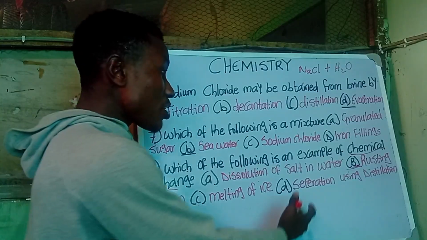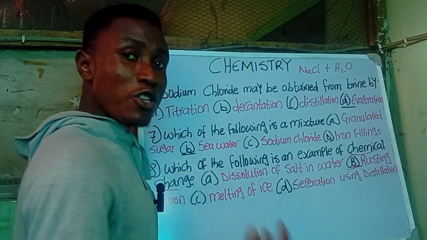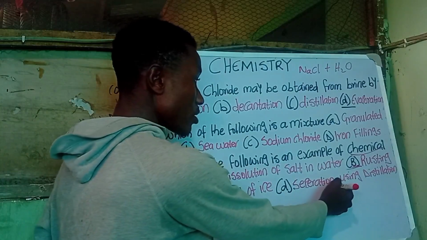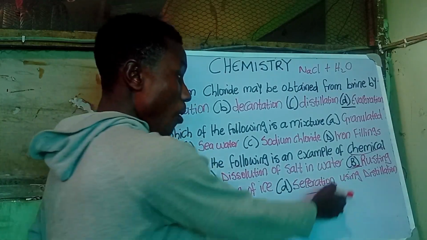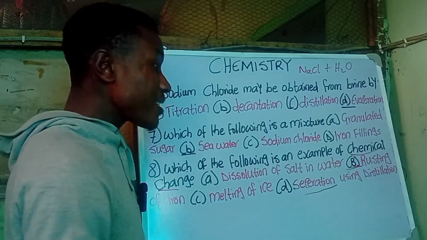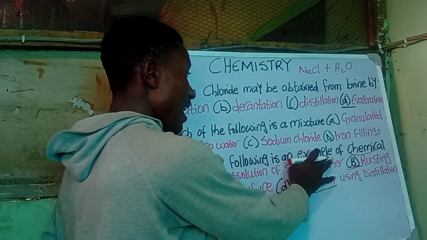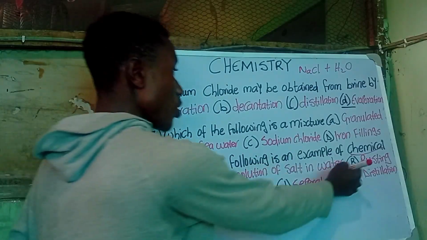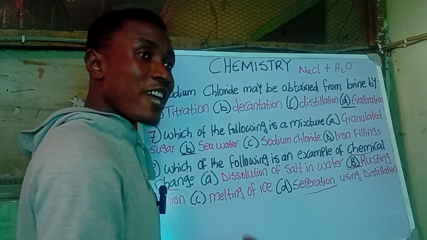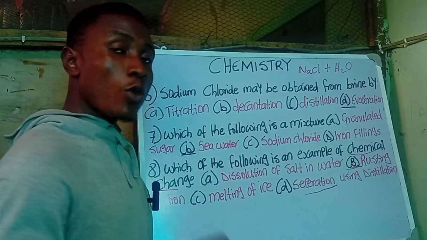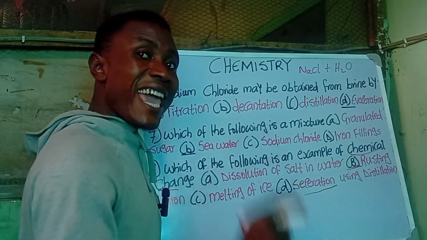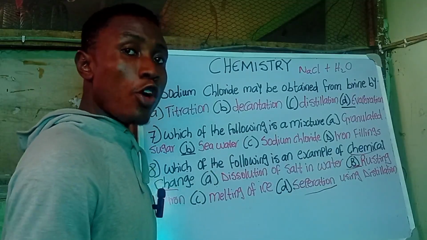Distillation. Separation using distillation does not mean it's going to give a new substance. Basically, what we are talking about is distillation, which is separation. So that one does not mean it's going to give us a new substance. So the following example there, which is a chemical change, is the rusting of iron. And iron rusts when you expose it to moisture, which is simply air and water over a long period of